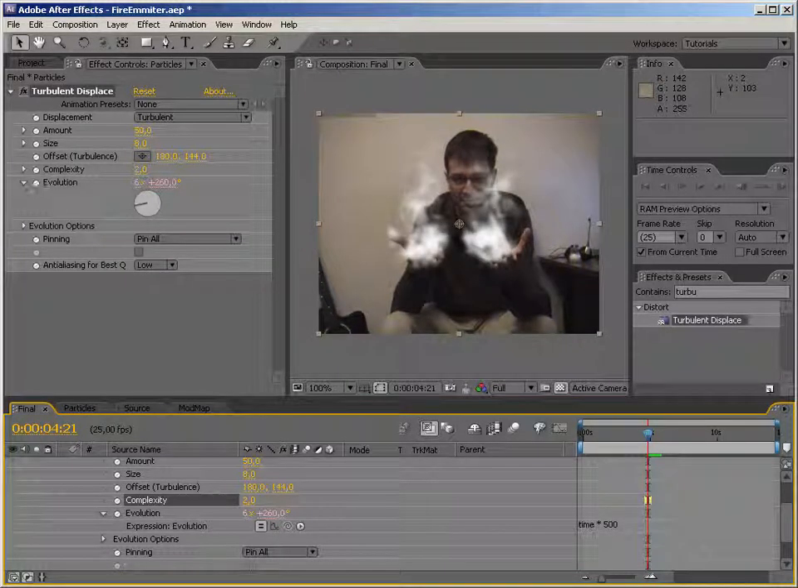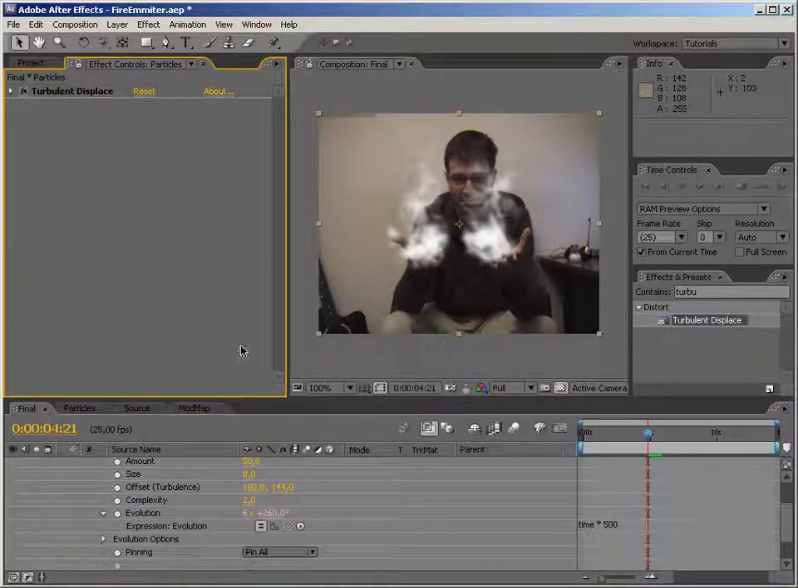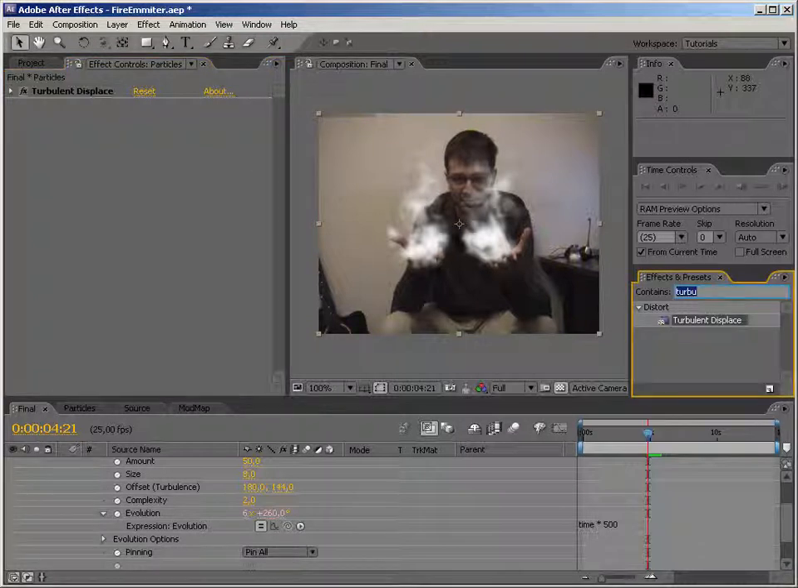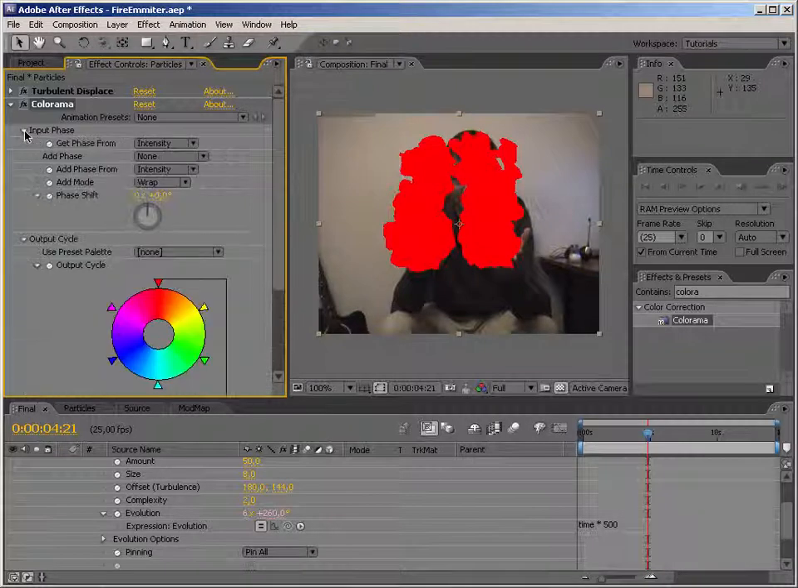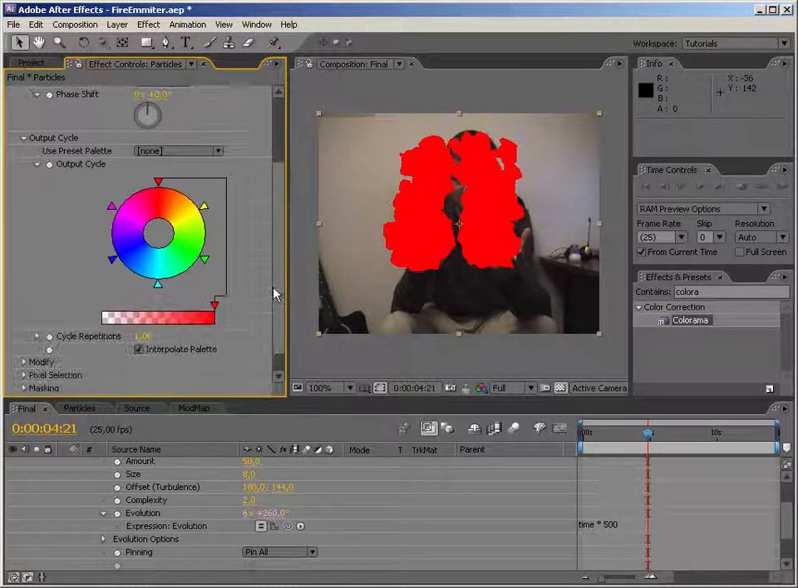Okay, that's pretty cool. And the next step, we would like to colorize this. And to do that, we are going to apply one of my most commonly used effects, which is colorama. And as you can see, this doesn't look very nice. So let's change the